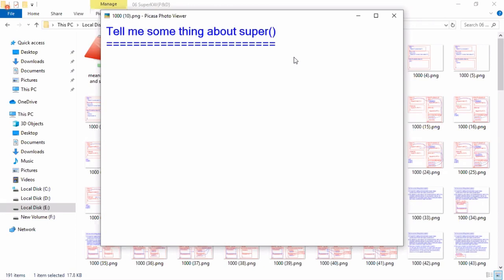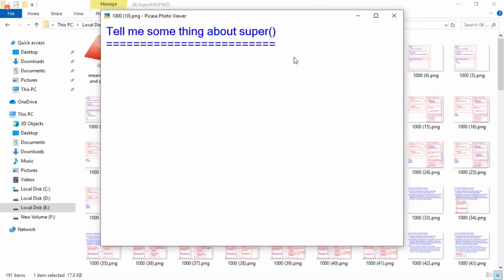Okay, calling the super class constructor in a subclass, is it optional or mandatory? Calling the super class constructor in subclass constructors, is it mandatory or optional? It is mandatory. If you don't place the super class constructor call statement in subclass constructors, then the compiler automatically inserts the statement.